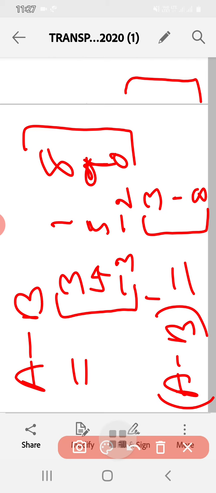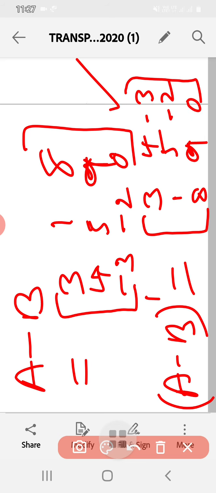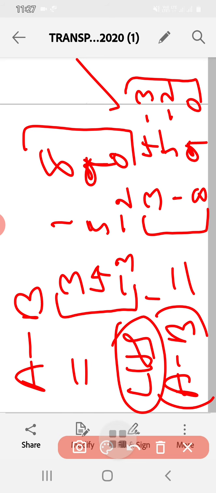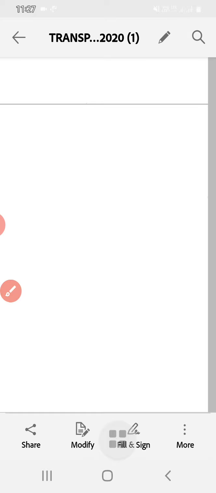3 1 8, 4 5 9, minus 3 minus 2 0. This is (a minus b) whole dash. So it is the LHS. Afterwards we can compare this with the RHS after simplifying. 3 4 minus 3, 1 5 minus 2, 8 9 0. So this is (a minus b) whole dash. Okay, so next, what do we have to calculate?